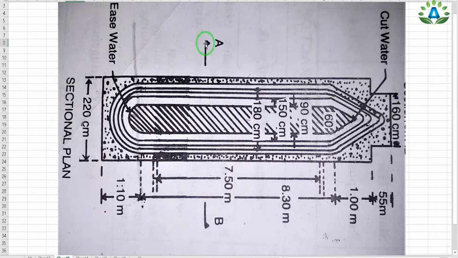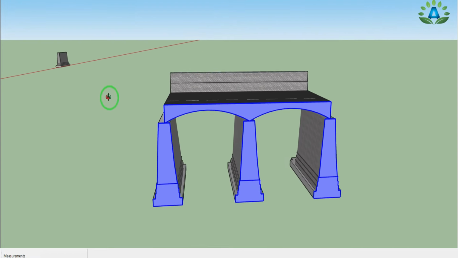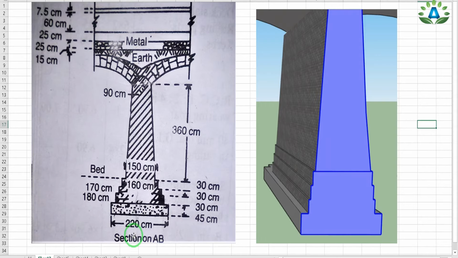Here, when we cut this pier from this AB portion, that means this is our AB portion, and when we cut this object from this AB portion, then we will get this view. So it means that this portion is 220 centimeter width, and above this the first footing has a width of